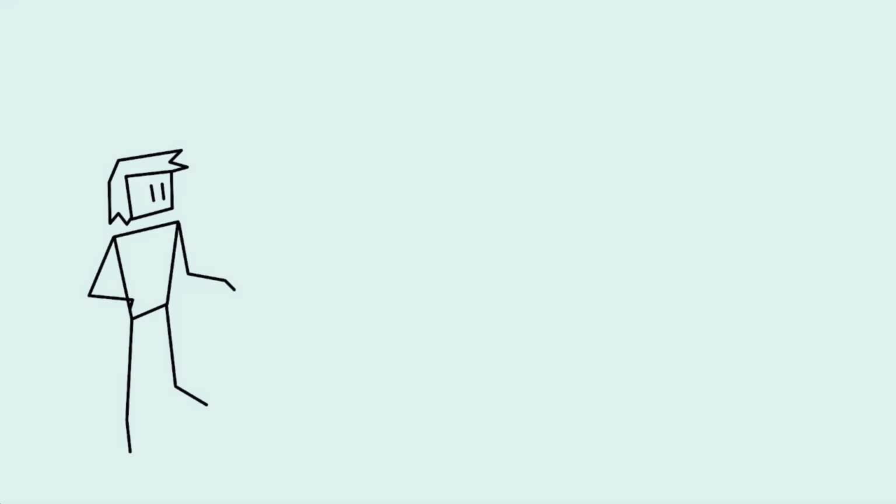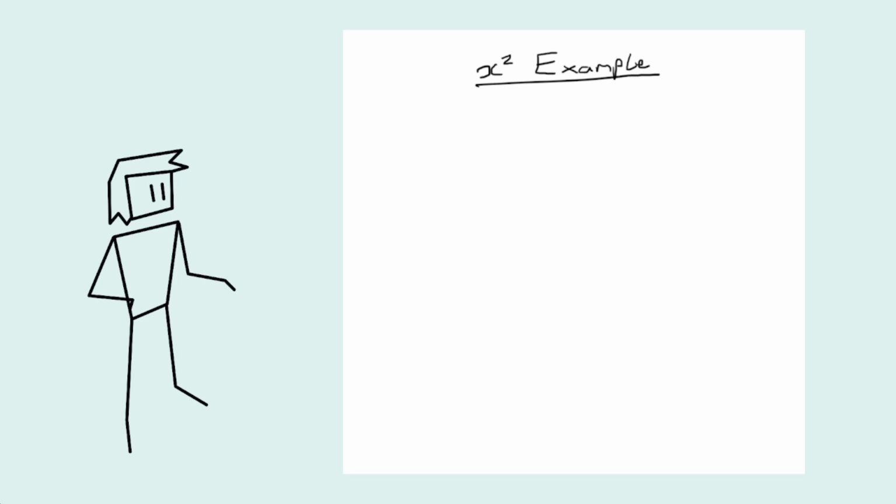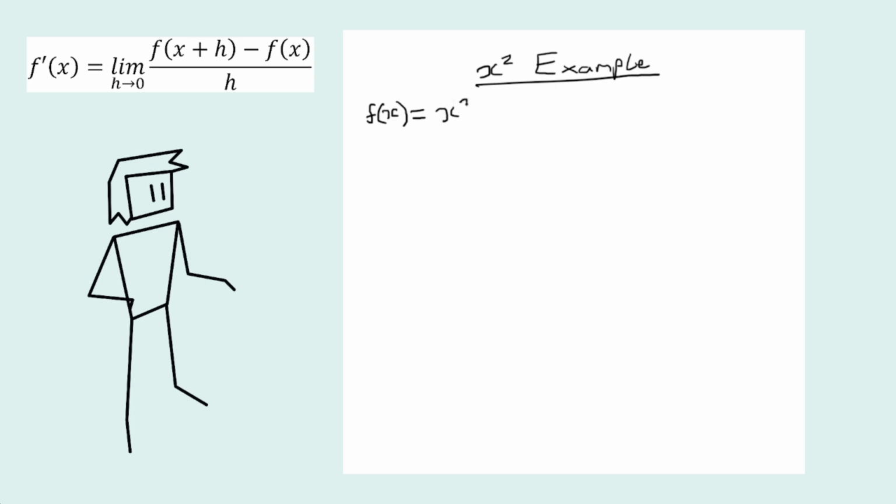Let's find the derivative of, say, x squared using the method of first principles. So since we're looking for the derivative of x squared, we'll set f of x equal to x squared. So what about f of x plus h? Well, it's simple. Wherever we see an x, just replace it with x plus h, since x plus h is the input of f of x plus h, in the same way that x is the input for f of x. So with this logic, we know that f of x plus h is going to be x plus h